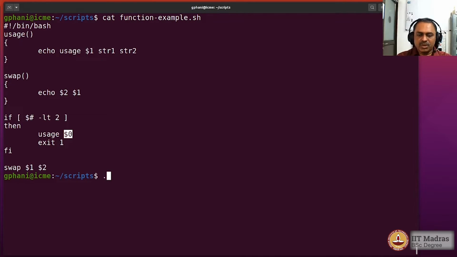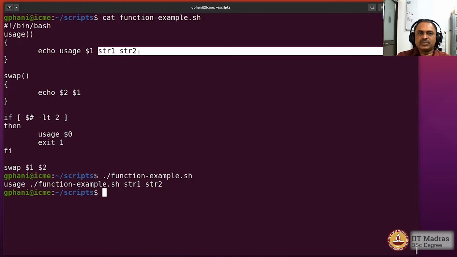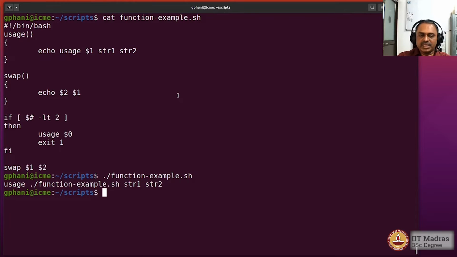So let us try this out. So I try without any arguments. You can see that the usage has been displayed, and you can see that the $1 here is $0, which is basically the name of the script, and it's quite nice because I don't have to hard code that inside. Okay, and str1 str2 is what is here, saying that you have to use this particular script with 2 strings as arguments. So let me also have arg1